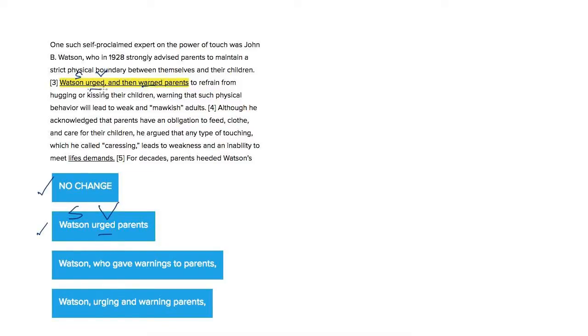Now, the question is, answer choice A is longer. It's less concise. So I told you this was a concision question. The fact that this one is more concise is probably going to affect our answer. But did answer choice A actually provide any new information here? Is there a reason for which answer choice A would be better than answer choice B? Watson urged, and then warned parents to refrain from hugging or kissing their children. Now, we do have a new piece of information, but that piece of information is not essential for the rest of the passage to hold